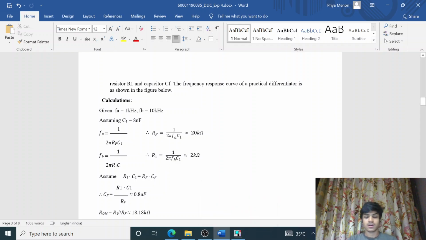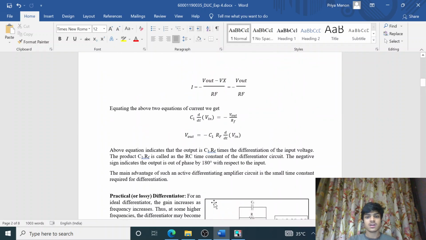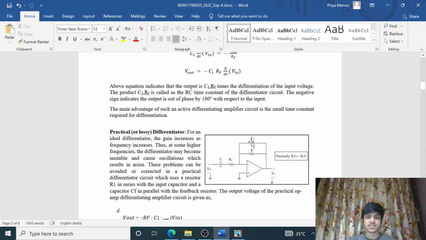Now, in a practical differentiator, we use a resistance and a capacitance in the feedback and in series, because as the frequency increases, the gain increases, and as the gain increases, there is a much higher probability that there will be noise.